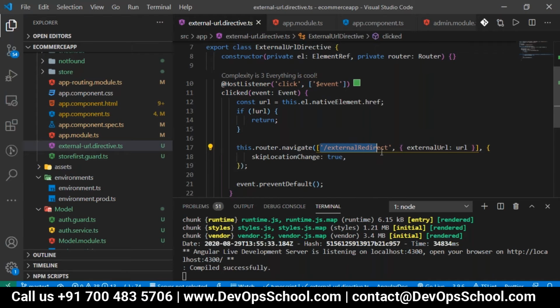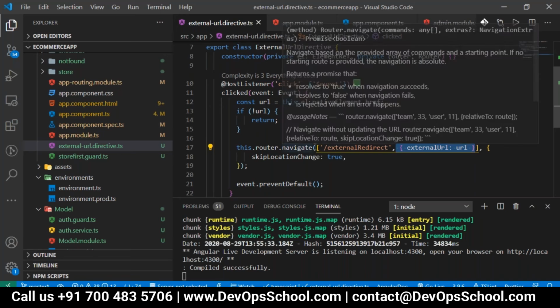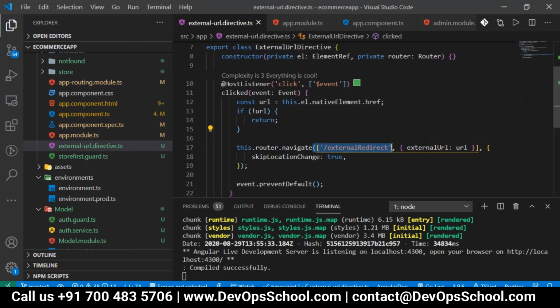This is one of the URLs which is present in our routing module. And we are mentioning the property for this, which is the URL you want to send. If you are only sending the route, this is enough. But if you want to send route parameters, we will send it like this. Then we just mention to prevent the default changes, so we call event.preventDefault.